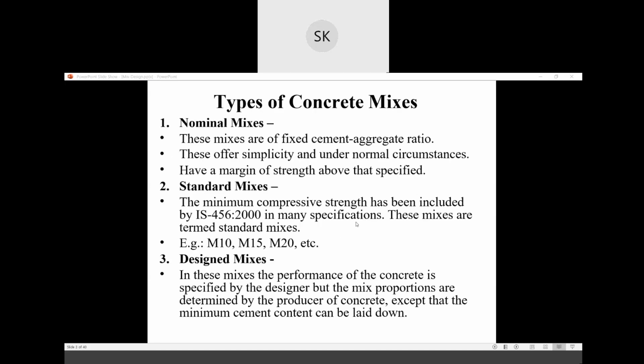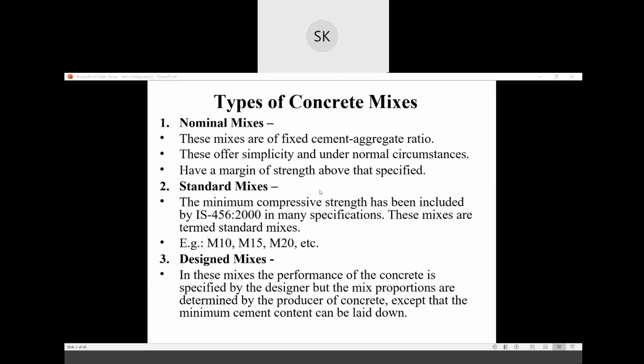These were the mixes we discussed: nominal mixes, standard mixes, and design mixes. Nominal mixes are of fixed cement aggregate ratio, occur simply and under normal circumstances, and have a margin of strength above that specified.